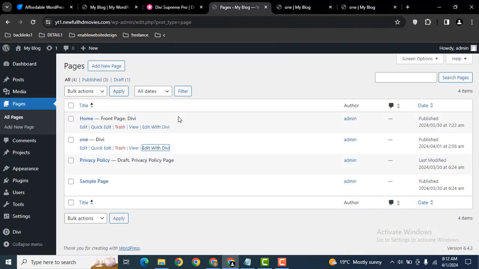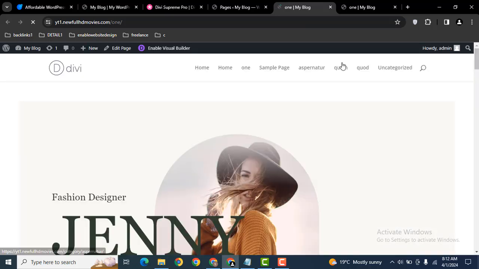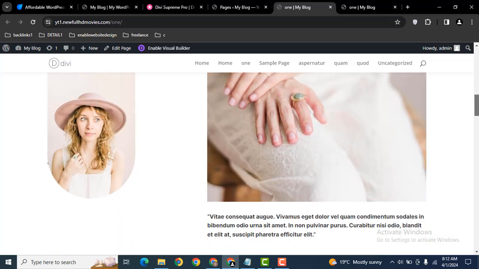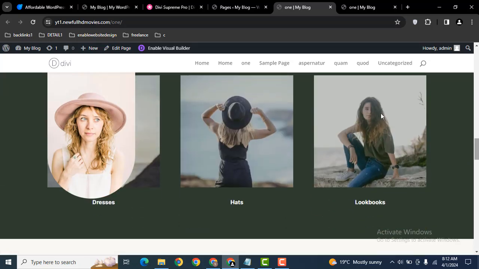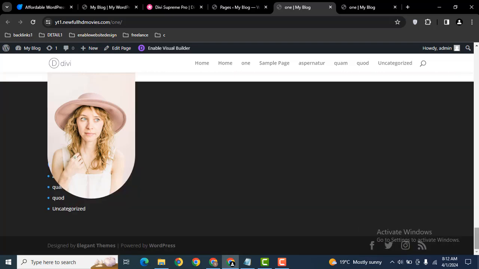Now let's open this page, and after that scroll down. Here you can see images stick on the top area of page. In this way you can make any item on the page